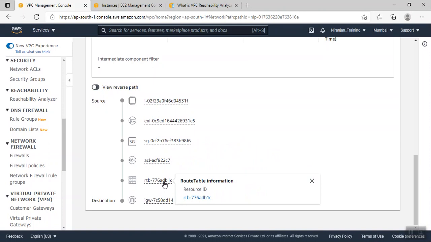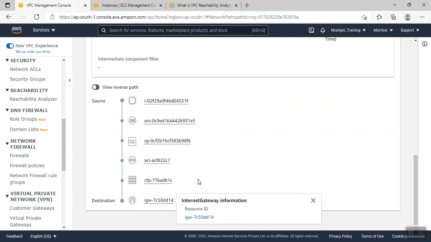If all checks pass and every stage's permission is accepted, then the traffic reaches the internet gateway. This is mainly useful whenever we create a network architecture for the first time, because we can check where we did the configuration wrong. So it is very useful for troubleshooting purposes.